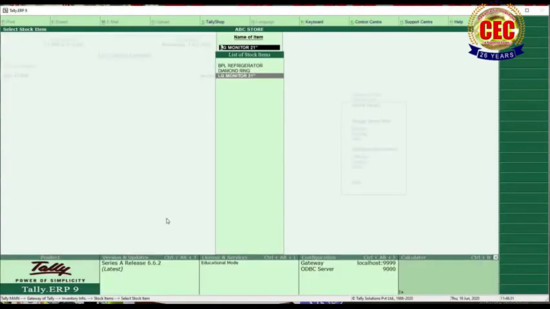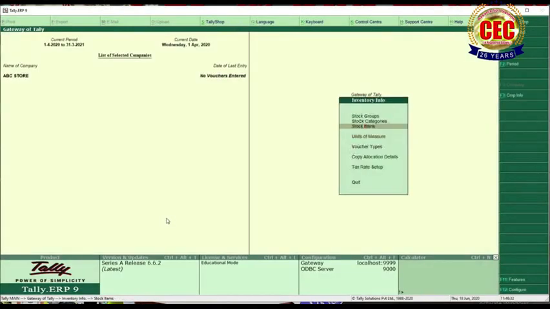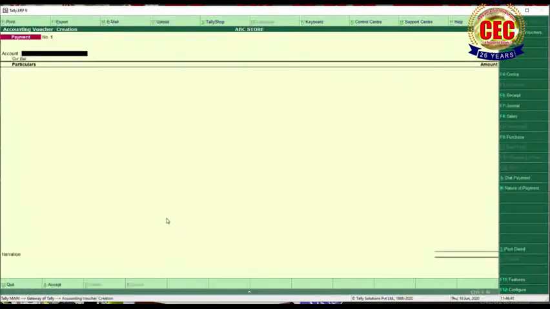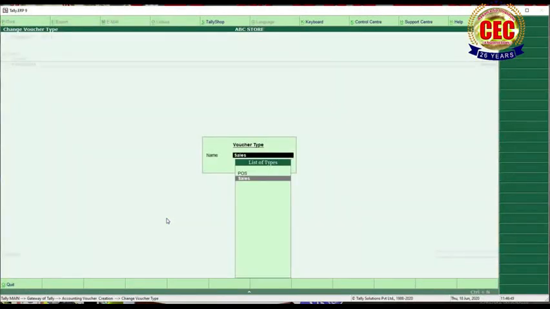Now select for transactions, select accounting vouchers or inventory vouchers. After that press F8 and choose POS. Class should be POS.